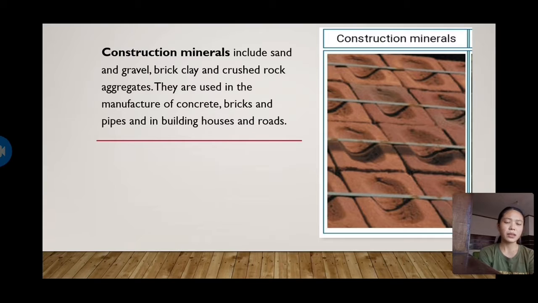Next, construction minerals. Construction minerals include sand and gravel, brick, clay, and crushed rock aggregates. They are used in the manufacture of concrete, bricks, and pipes, and in building houses and roads. So construction